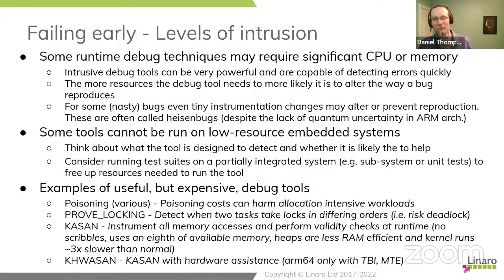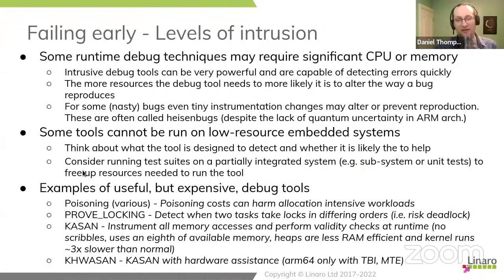There's not many shortcuts. When you're faced with a Heisenberg bug, failing early, you might start using custom detectors and other mechanisms that are lower overhead and guarantee you can still reproduce things. The other thing that comes up with intrusiveness, particularly on low resource embedded systems, is it not being possible to run the tool at all. If you have tools with heavy memory overheads or that cause the system to run so slow it cannot meet its primary mission, then there's only so much we can do to mitigate that.